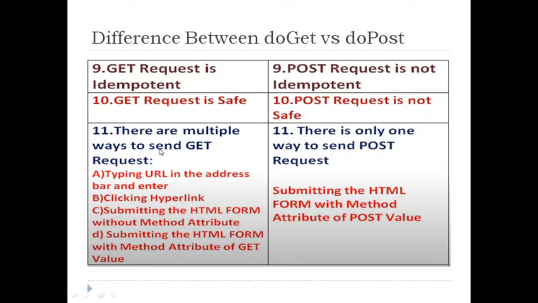Now, in what ways are we using get? Whenever you type a URL and press enter in your address bar, like www.facebook.com, you are using a get method. In the same way, whenever you click any link tag, any anchor tag with a hyperlink, you are using a get method. And explicitly, whenever you are writing HTML code with a form with the method called get, that means you are using a get method.